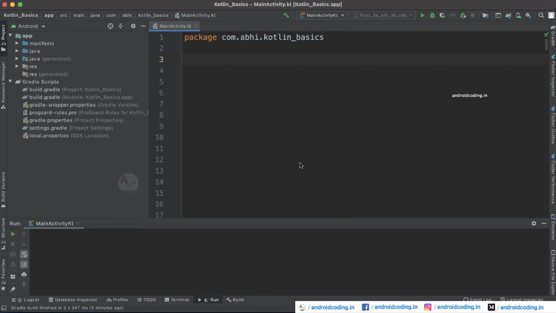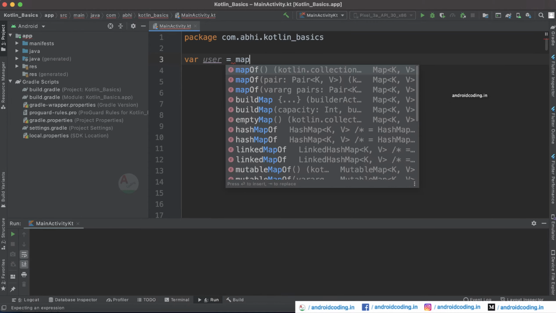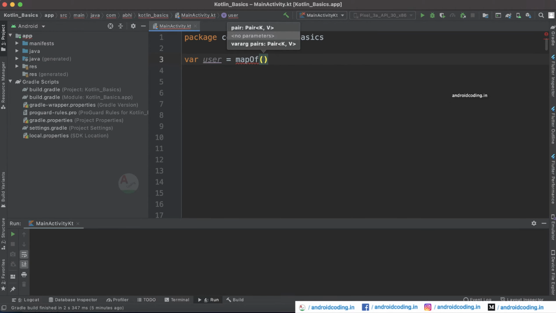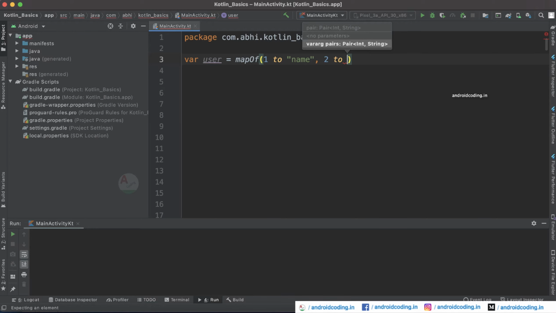Let us consider a variable user, and here I'm going to declare mapOf. First of all we will be declaring name here. This is our first key value, so 2. I'm just declaring name here, and we'll be considering the second key value, so 2.